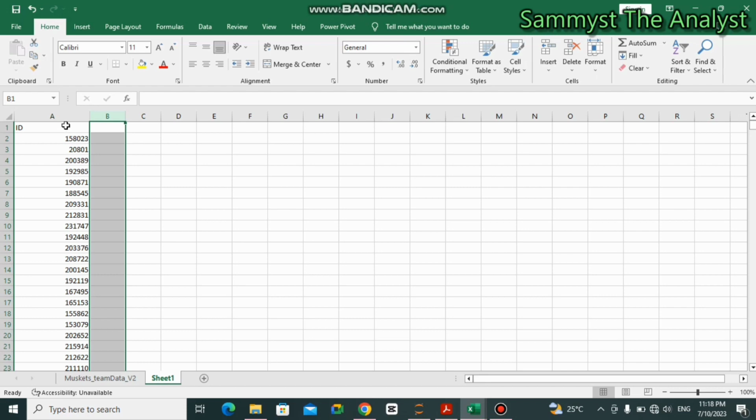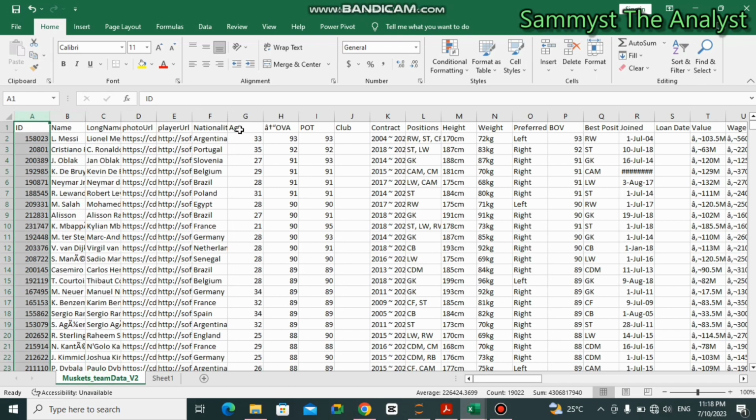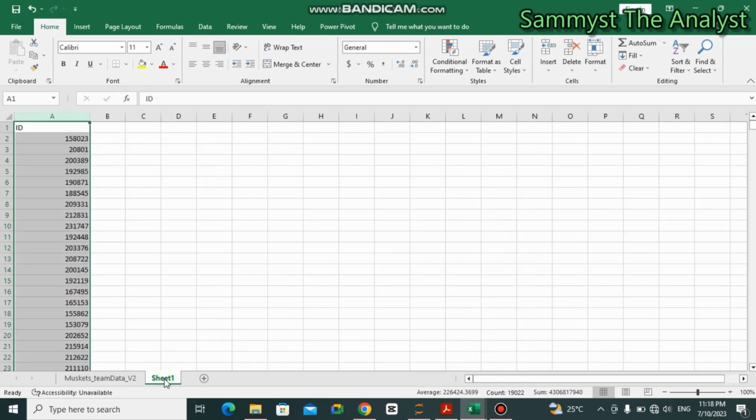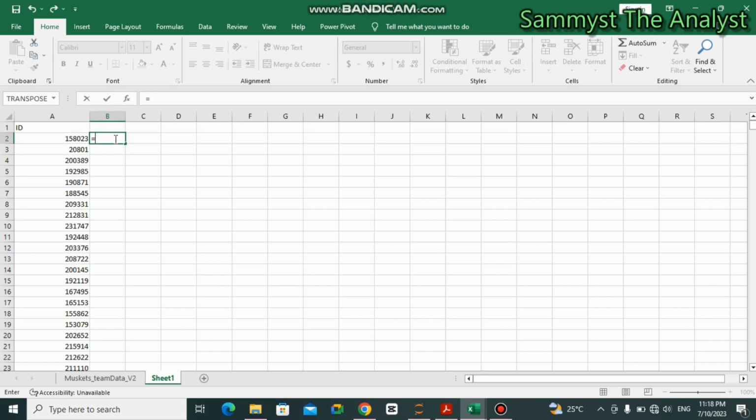Now this is a column ID. Now we want to return the ages of these players, based on the player ID. So we want to return their ages. Now, in order to do that, we'll come here and then we'll write equals